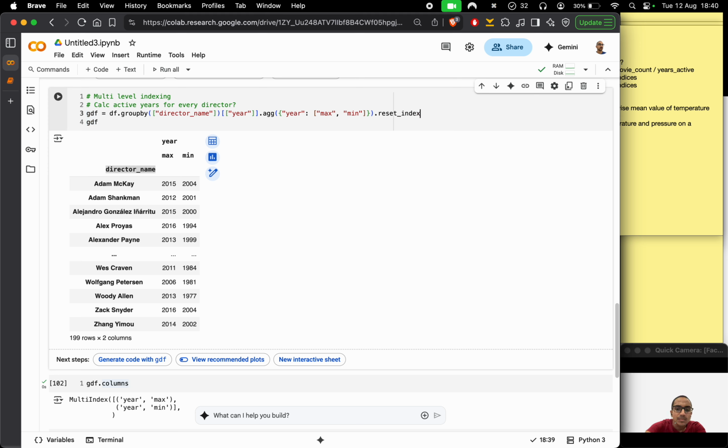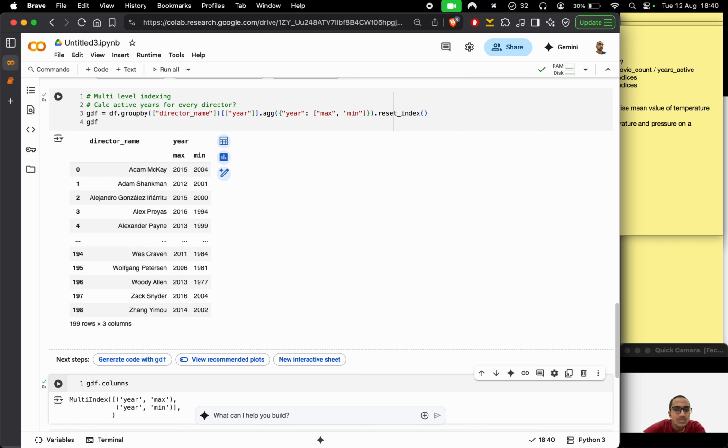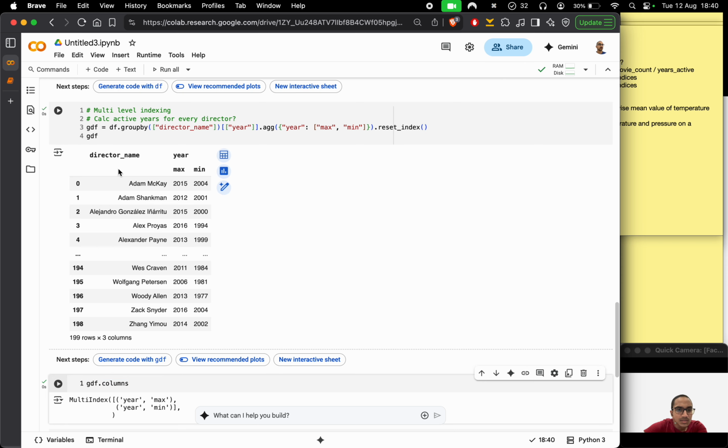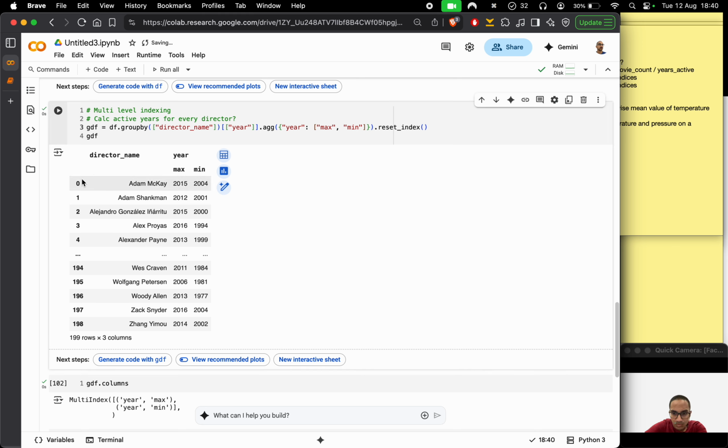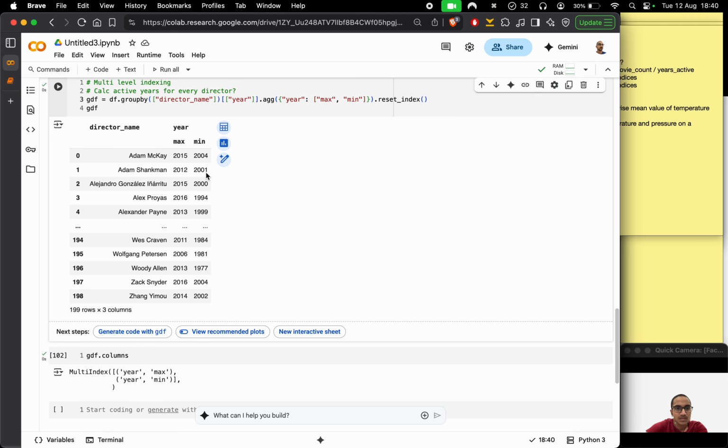I don't want to drop anything, so we'll just keep it as it is. Now you see, reset index removed the director name from indexing, but we still don't see our flattened list. So to create a flattened column list, what we can do is we can assign,